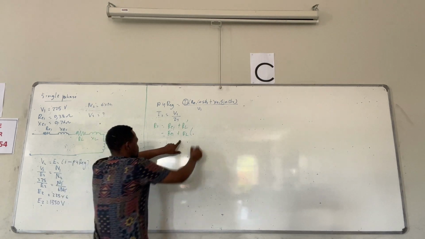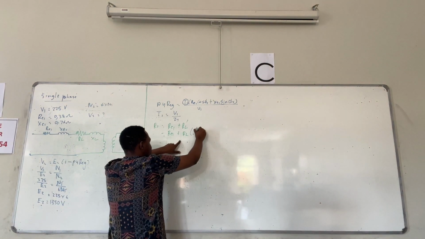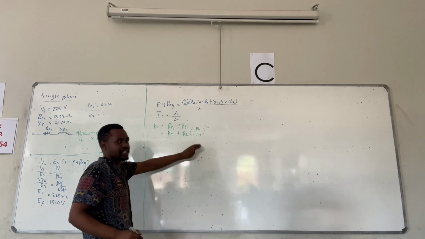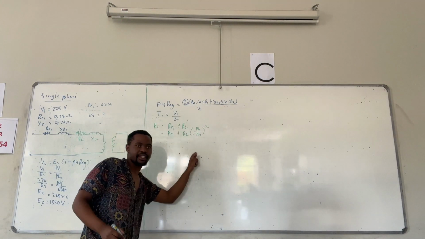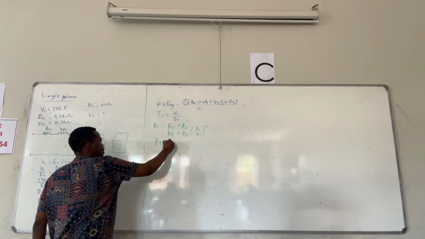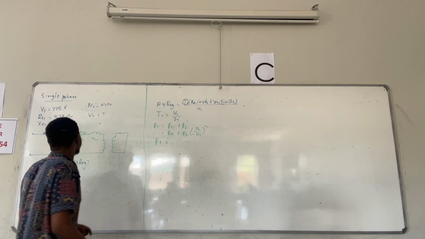So we convert it by N1 over N2. If it was referring to the secondary, let's say N2 over N1. So RT is given by